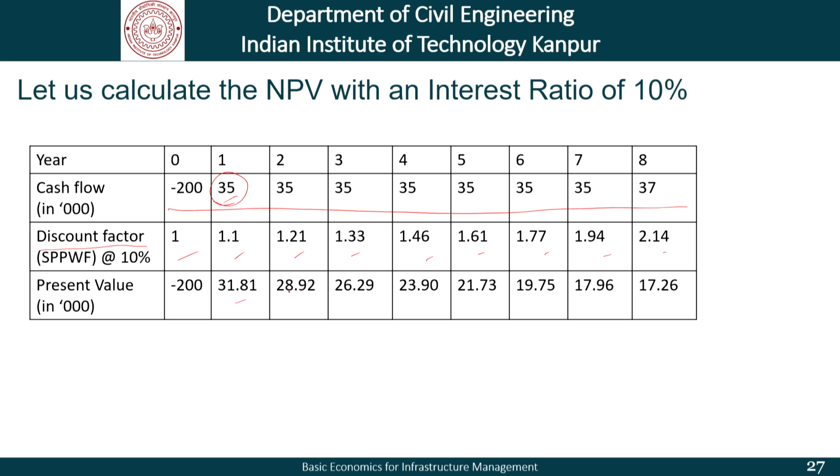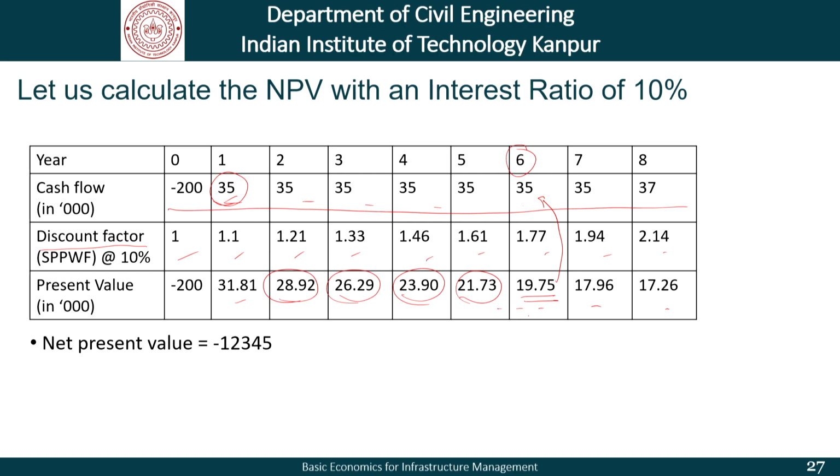If it is year 2, this value goes on reducing, because these smaller amounts will grow to this amount over a larger period of time. That is why these amounts are smaller, given the fact that these amounts at the end of that period are fixed. Now, if we do that, the net present value turns out to be minus